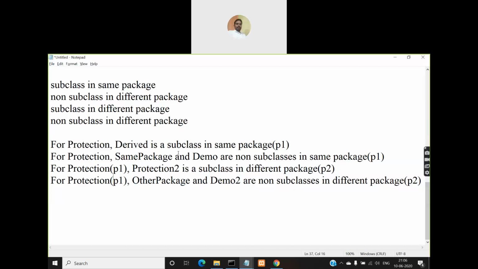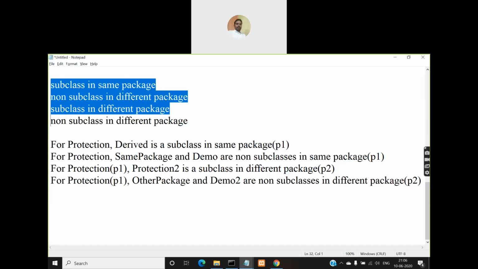Okay. So now that you have understood this classification of classes in relationship with packages and inheritance into 4 different classifications: subclass in same package, non subclass in same package, subclass in different package, non subclass in different package. As per this classification, what will happen to public member, private member, protected member and default public?